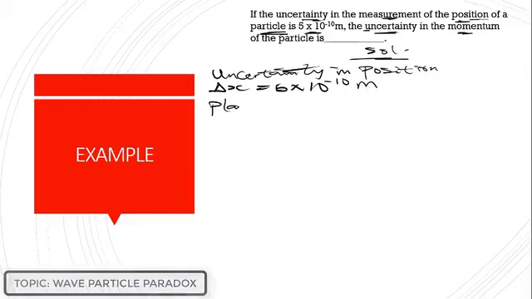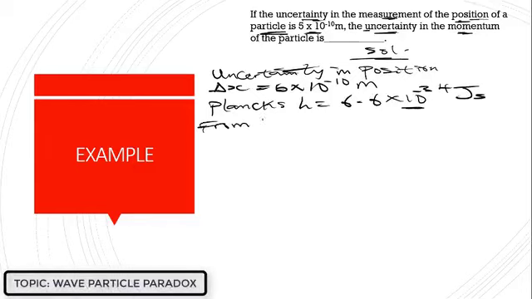And then of course Planck's constant, which is h, is equal to 6.6 times 10 raised to the power minus 34 joule second. So from the uncertainty principle,